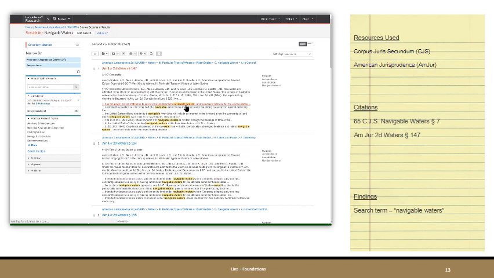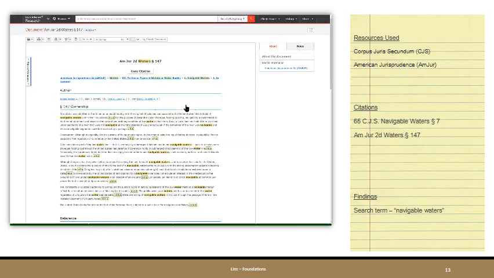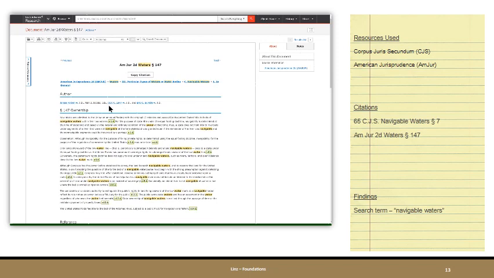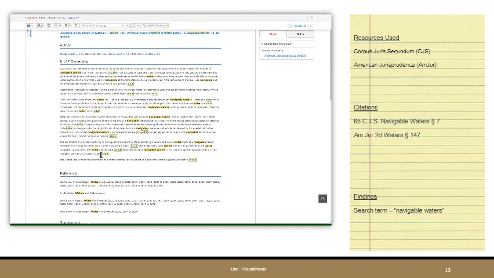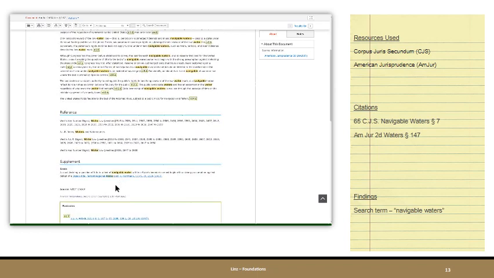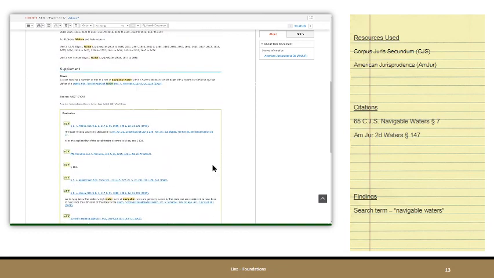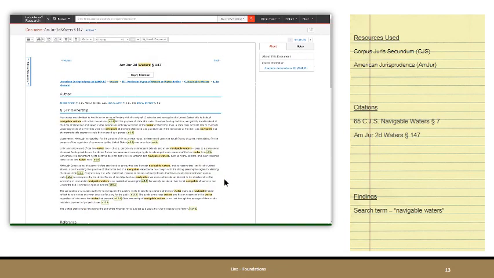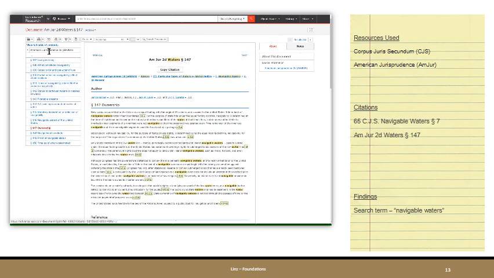And here is the article itself that will arise here in just a second. And it gives us, again, the context for it and the authorship. Ownership, this is the context, or the text, again, of the article. And then various references, including references to the West Key Number Digest, and then some more footnotes with primary authority. So very similar to the other presentation of the CJS and Westlaw. And then we can pull out to a table of contents to get some context itself.